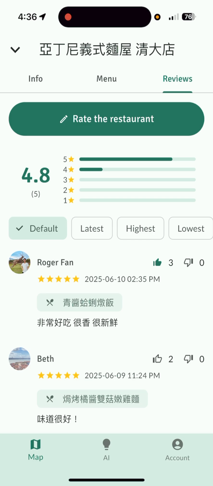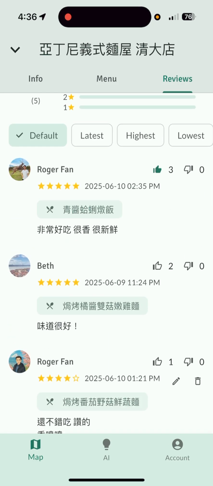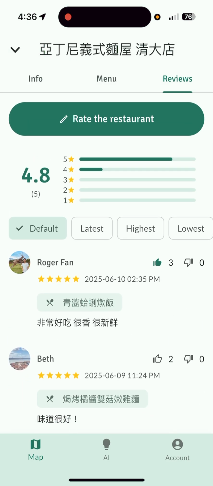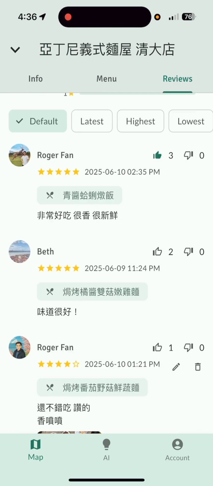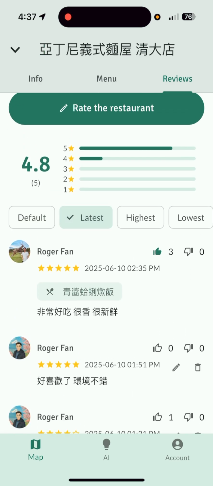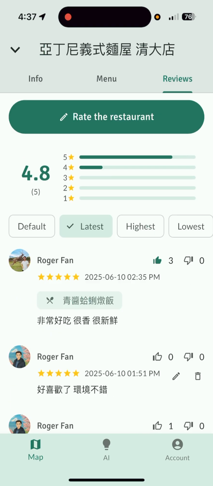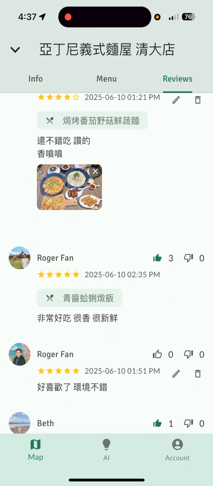Here you can see the overall rating and reviews from other users. There are 4 ways to sort them. Default shows the most reactions, likes and dislikes, first. So like this. And latest shows the most recent reviews first, and highest rating and lowest rating just as they sound,